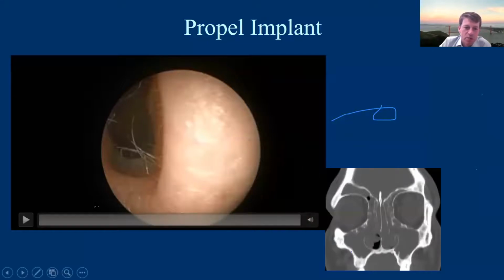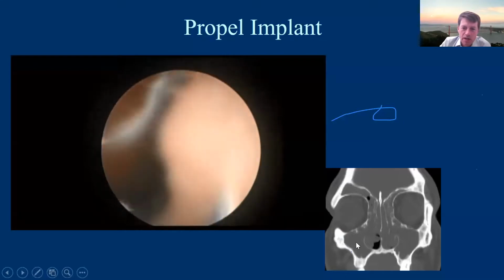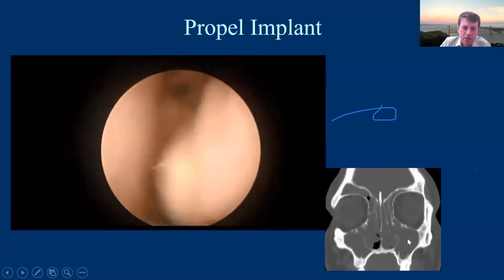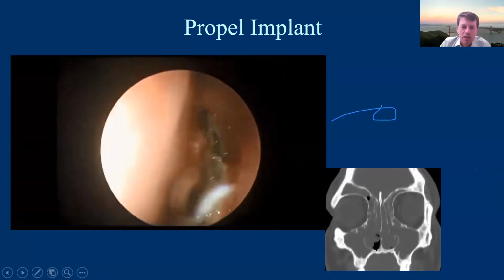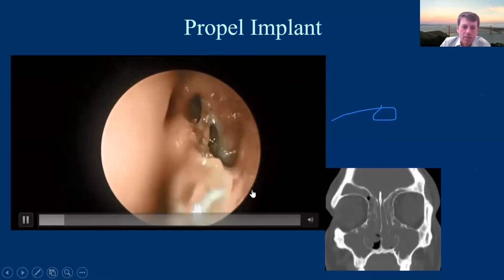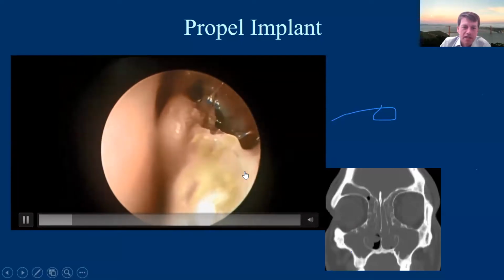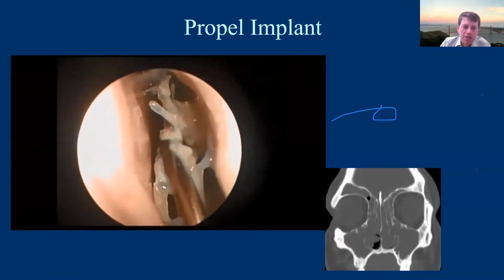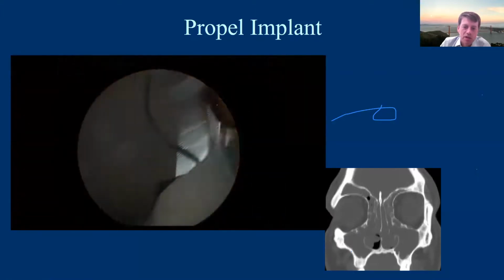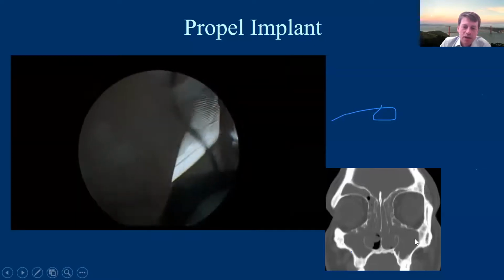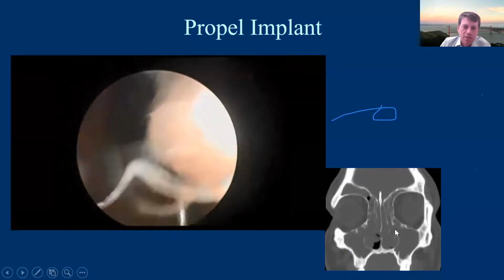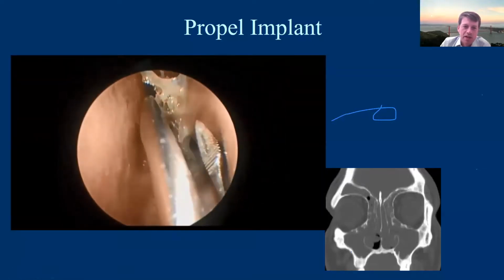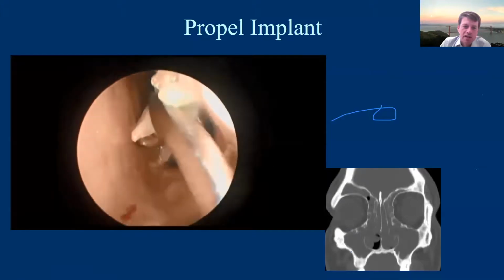The reason that I don't primarily use this is for patients like this. This was a patient of mine, again, with significant polyp disease and diffuse inflammatory disease. We did surgery and used the Propel implant stents at the completion of the surgery. I started him on irrigations the day after surgery, and continued to see him. This is about 4 weeks after surgery, and you can see how the stent has started to dissolve,